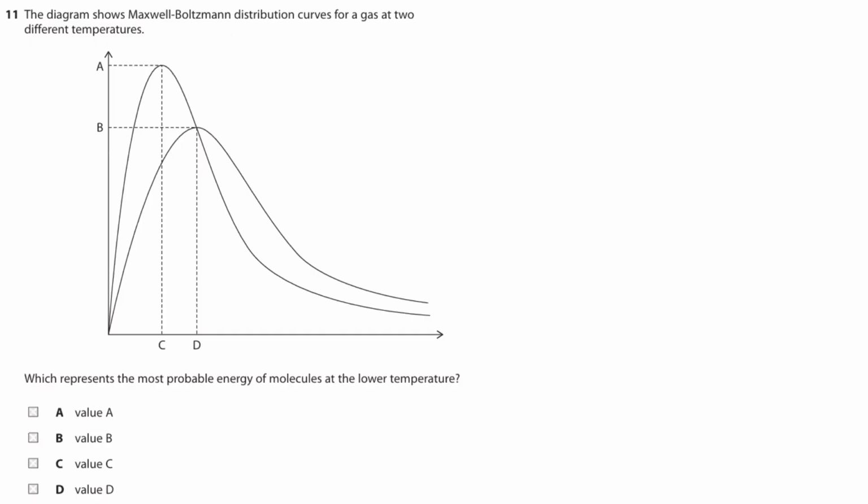Okay. Then question number 11. The diagram shows a Maxwell-Boltzmann distribution curve for a gas at two different temperatures. It's just like